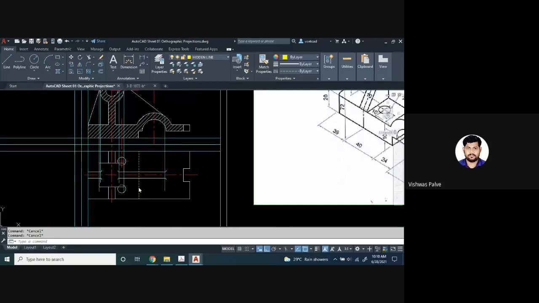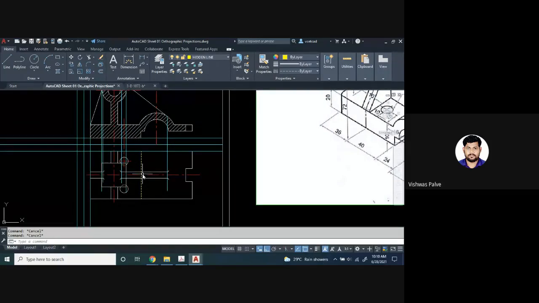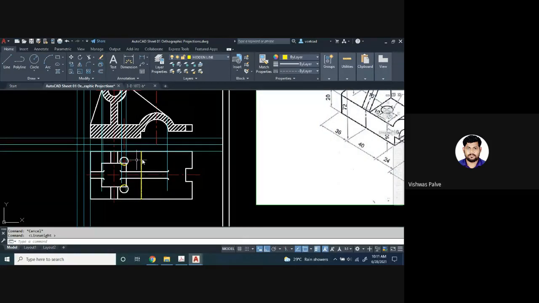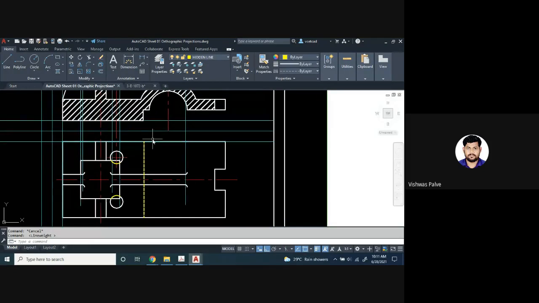Okay, so which is this hidden line? This hidden line is representing that there is a change in the surface. This change in the surface has to be shown, so that we are showing here. Same thing we have to show it here also. I will take a reference of this, or you can just draw a line here like this, and you can delete this line because we are drawing it into two pieces.